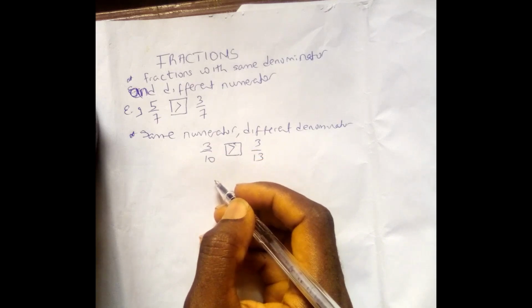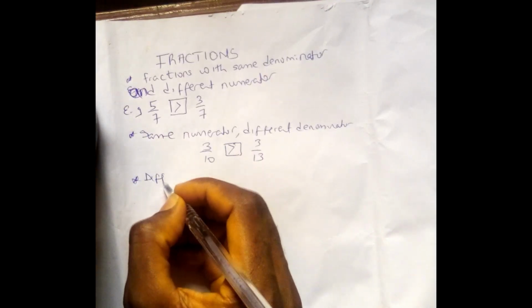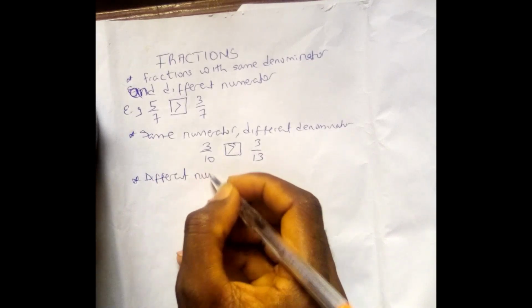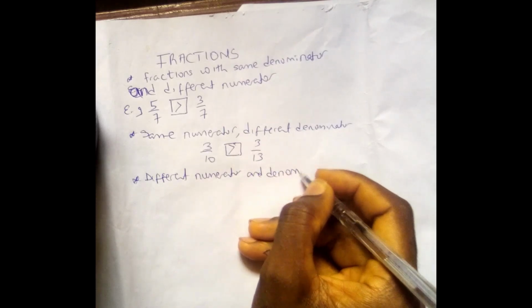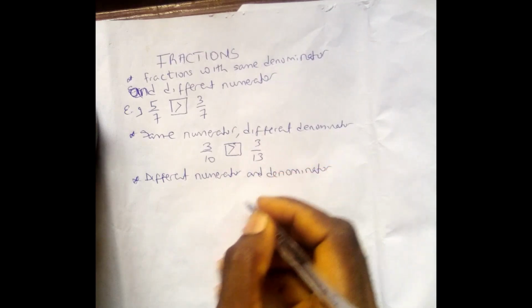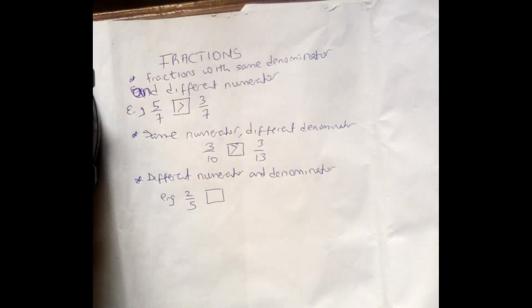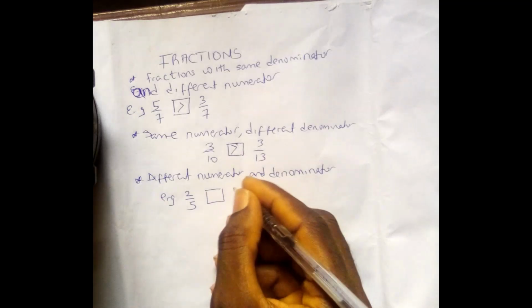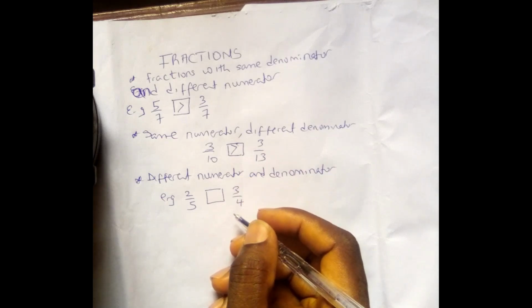So now where we have different numerators and denominators, take for example 2/5 and 3/4. In this case, when we have different numerators and different denominators, there are two ways of solving it. You can decide to